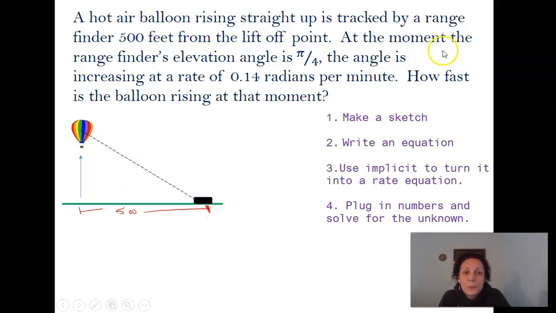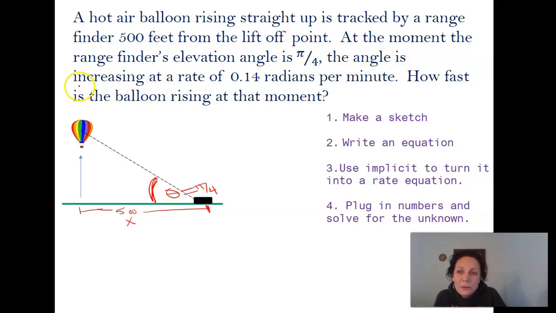At the moment the rangefinder's elevation angle is pi over 4. So they gave us this distance of 500. I'm going to call this x, I'm going to give that a name. They're saying at the moment the rangefinder's elevation angle, so now I'm getting a new variable here. The elevation angle would be the angle between the ground and this beam. Let's call that theta. So at the moment that theta is pi over 4,